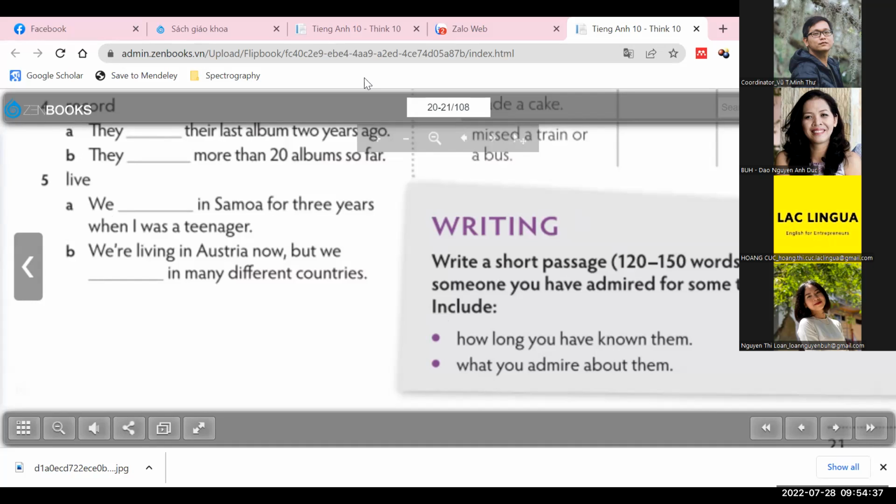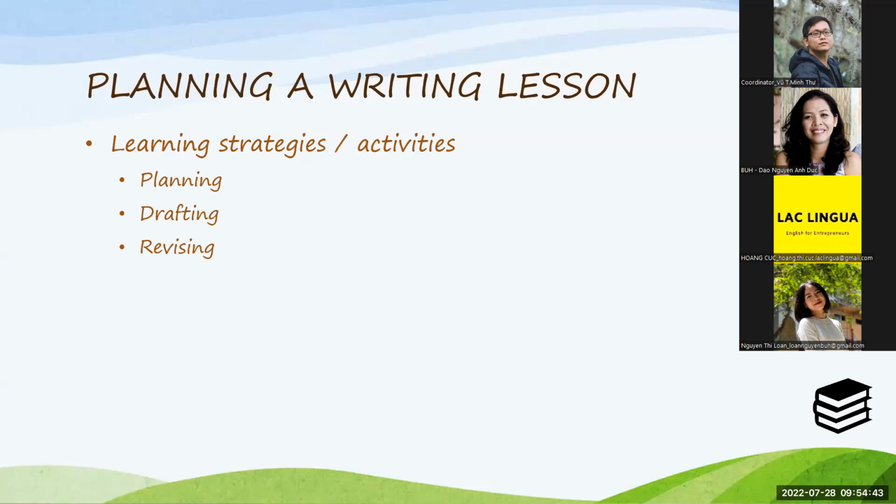Let me go back to my slide. Revising. Now, when we are done with checking the ideas and the organization, here comes the editing, right? And then the proofing, editing. Now, we remember that for editing, we are looking at major grammar points and the use of vocabulary. So I agree with saying that at this time,